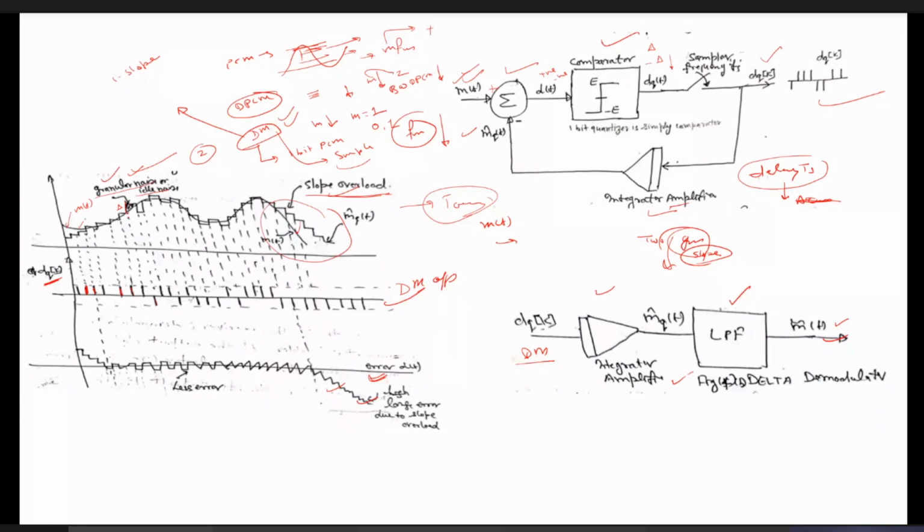Because of this error, as we have seen in the case of PCM with the quantization error, the mean square value of this error is nothing but the granular noise, and this depends on the step size delta. The maximum error in the case of delta modulation is from minus delta to plus delta, whereas in PCM, we have seen that the quantization error was from minus delta. So you can see the quantization error in the case of delta modulation is what we call granular or idle noise.